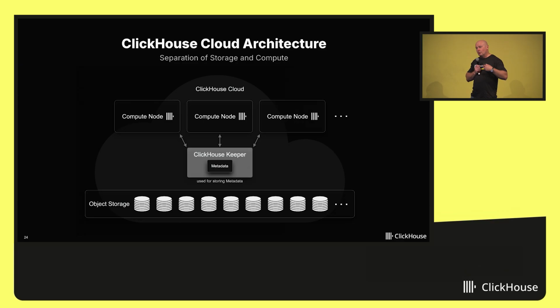And then when the load goes down, you can scale it back down, or you can even completely idle it if you're not running any queries. And of course, you only pay for what you use. So migrating from open source ClickHouse to our cloud product is a no-brainer, because you get a better managed product, and the total cost of ownership is cheaper as well.